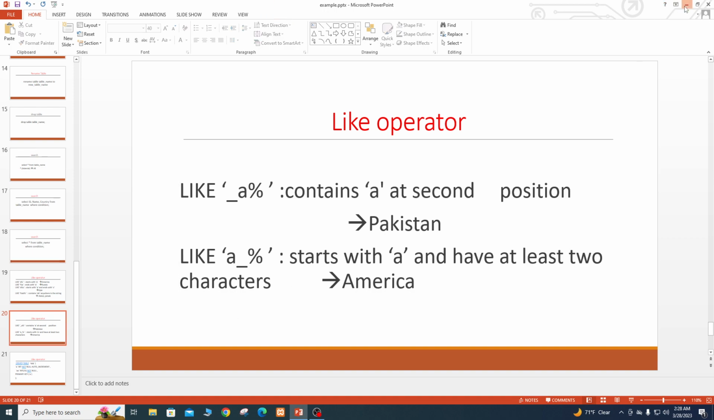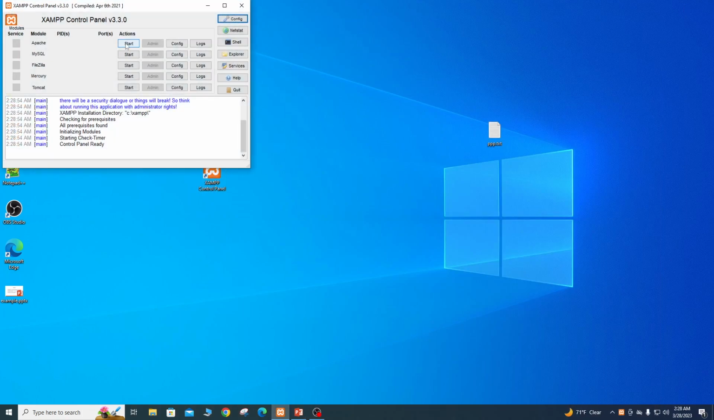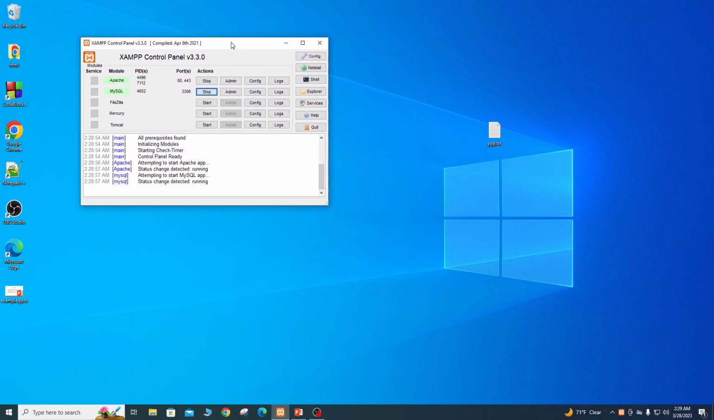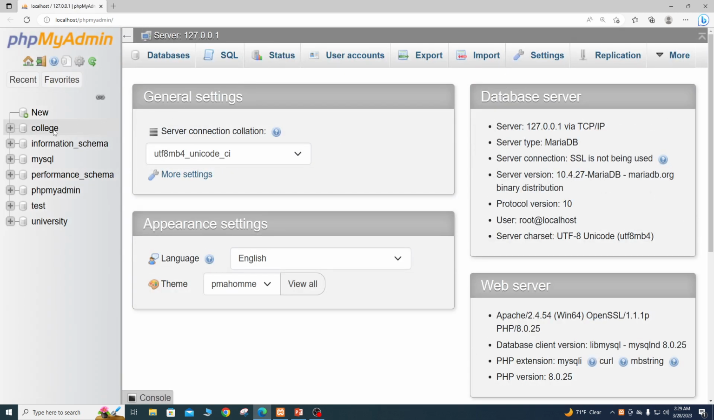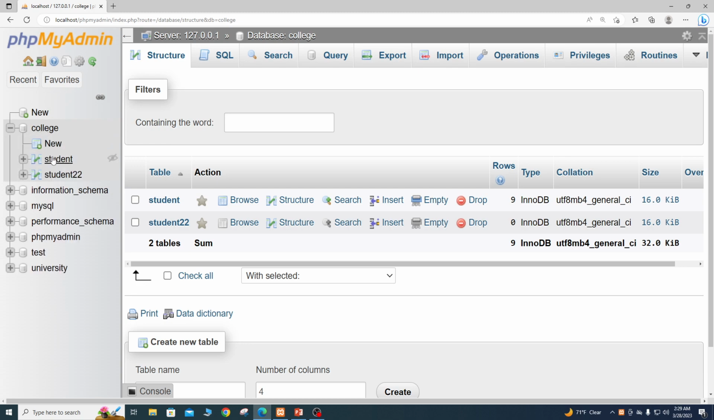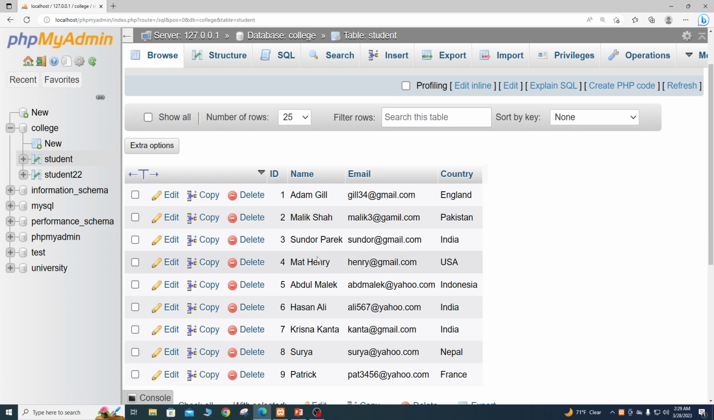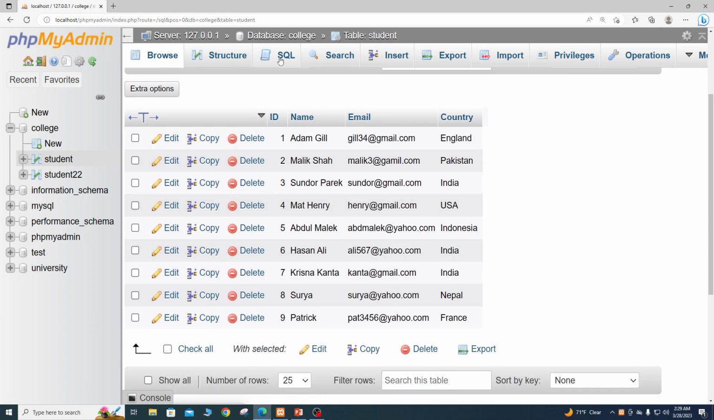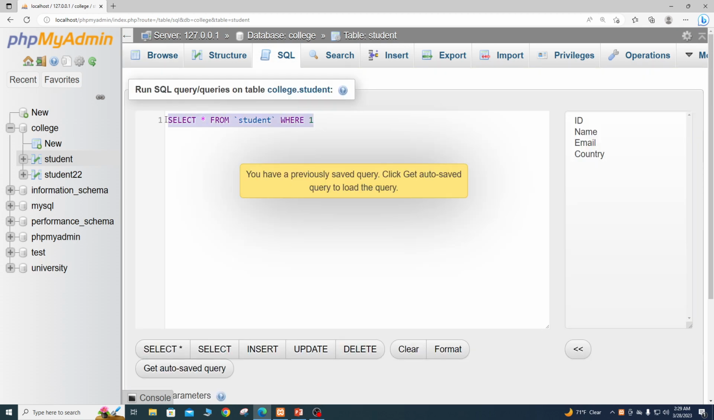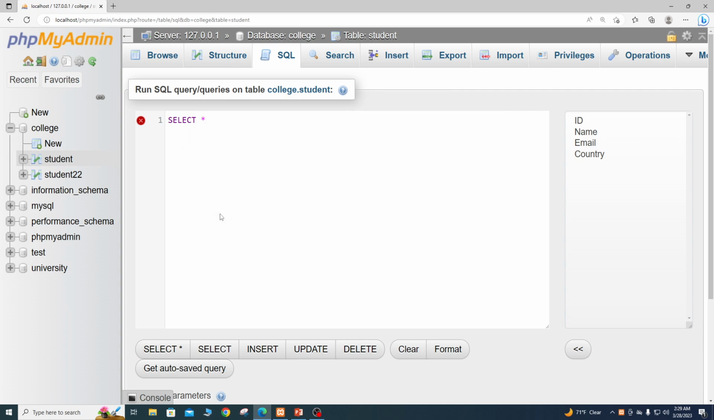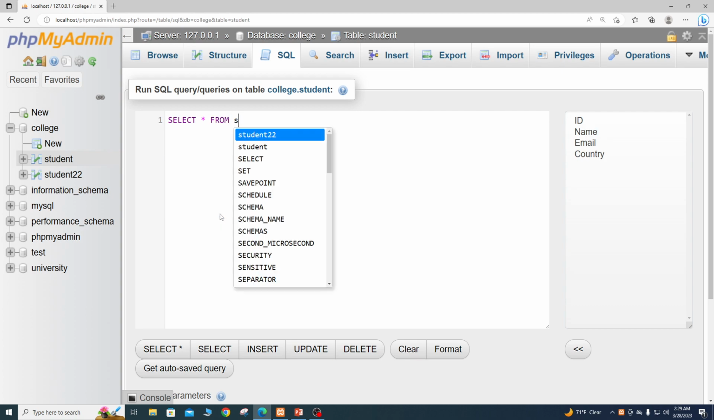So first you have to open XAMPP. If you have watched my previous video, then you can find all the operations for SELECT and searching. Here my database is college, table is student. Here you can see I have 9 records. So I want to search: select all from my table student